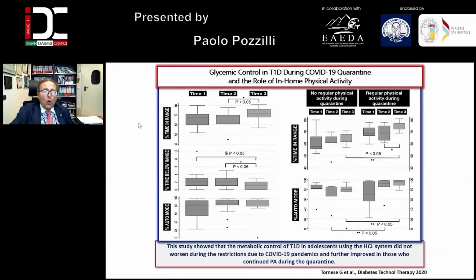The role of in-home physical activity also is of interest in this other paper looking at glycemic control during COVID-19 quarantine. Here you have the study showing that the metabolic control in adolescents using intensive glucose monitoring did not worsen during the restriction due to the COVID-19 pandemic, and then improved, and that is quite interesting because it's significant, improving in those that continued physical exercise during the quarantine. So, of course, regular physical activity during quarantine for some people was not easy, but indeed during this study you can see that there is an improvement of the time in range in patients that were doing physical exercise